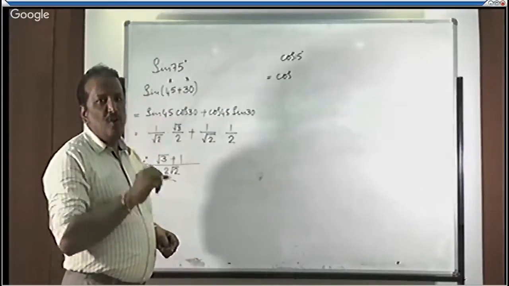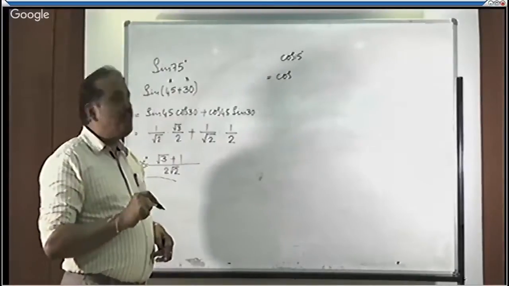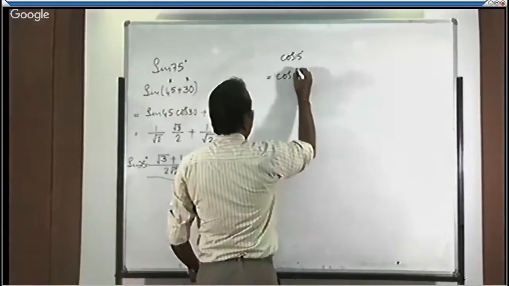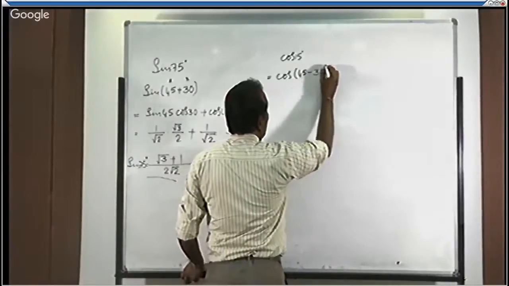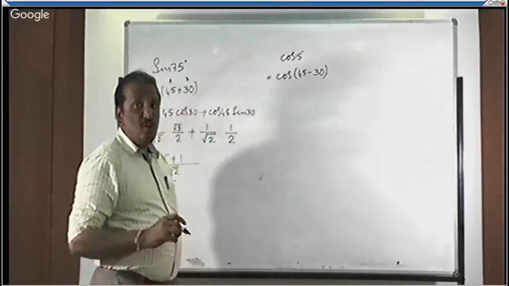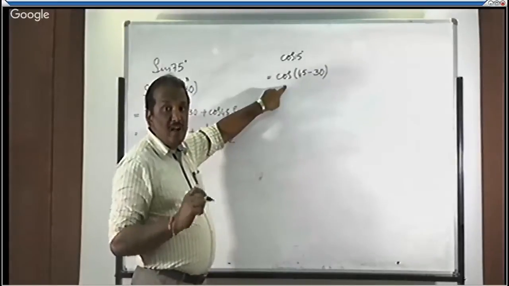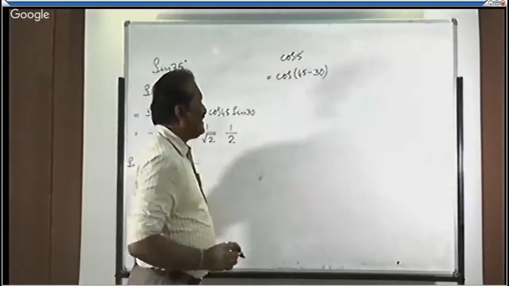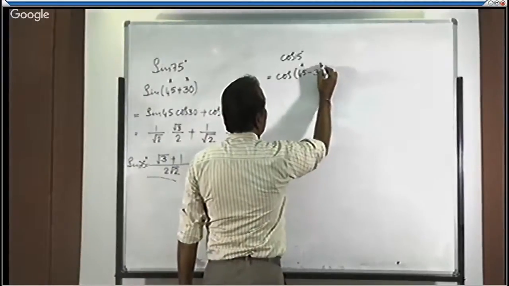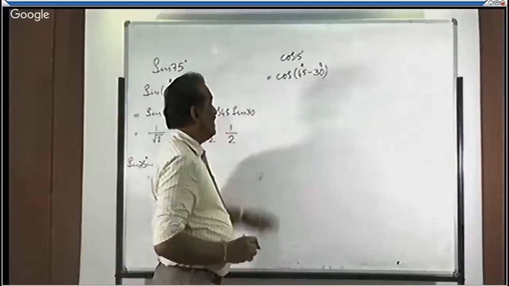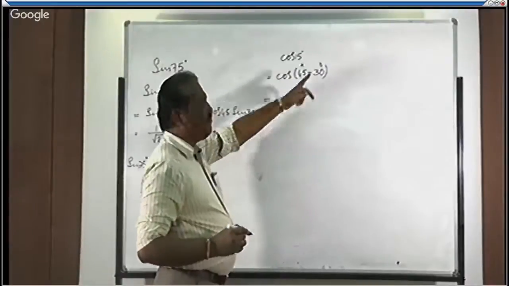So we came to know that when we subtract 30 degree from 45 degree, you will get 15 degree. I mean, what I want to say is, rewrite 15 degree as 45 minus 30 degree. Why are we going to write it like this? Because we know the subtraction formula connected to the cosine function, cos of a minus b. As in the previous problem, here also you consider 45 degree as a and 30 degree as b. If you consider like that, the entire expression will be in the form of cos of a minus b.